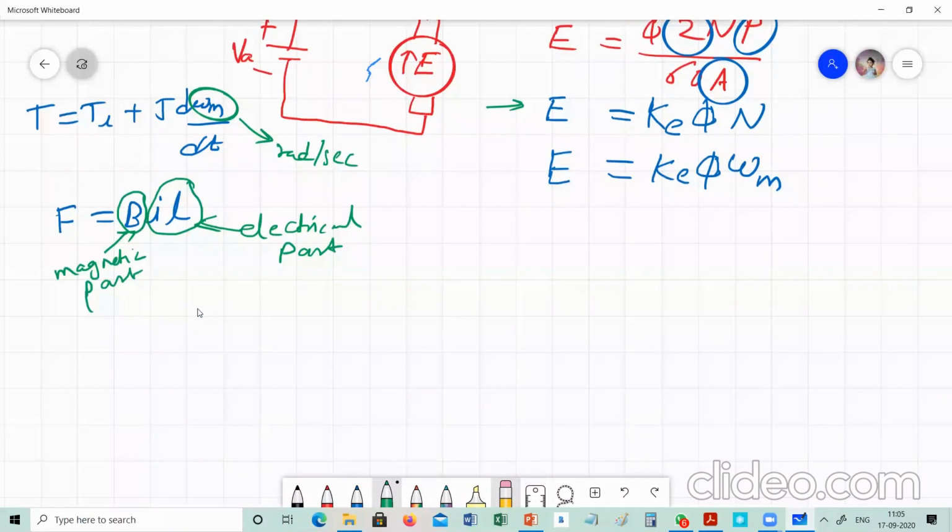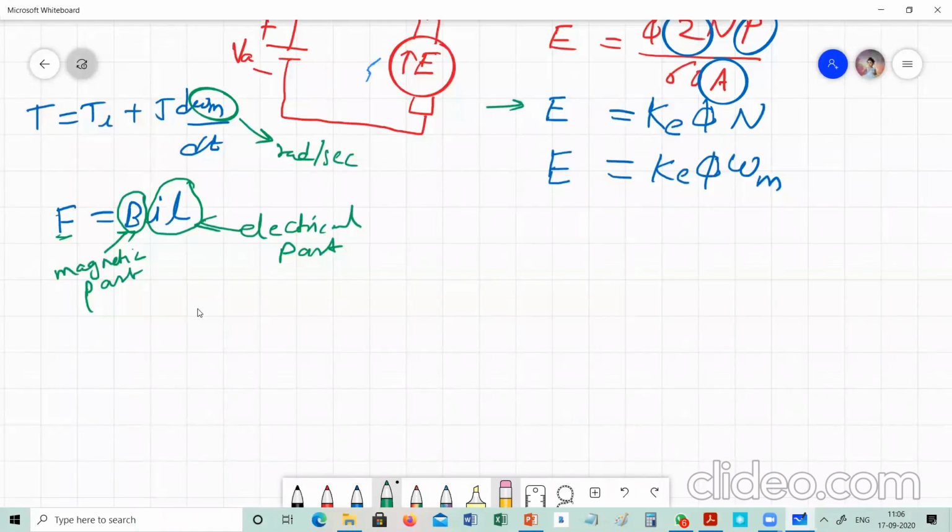This force is due to these two parts, the force is due to electromagnetic induction. We can say that this force depends on the magnetic part and also the electrical part, and